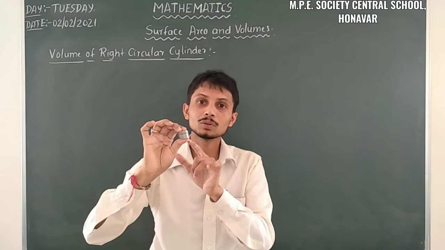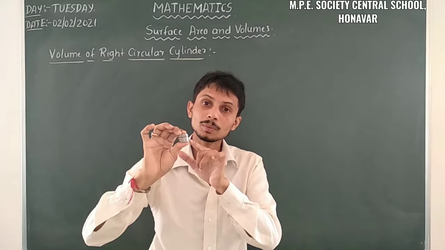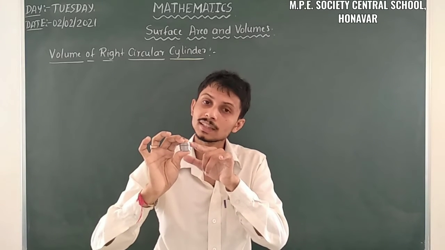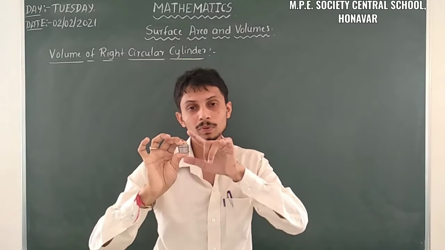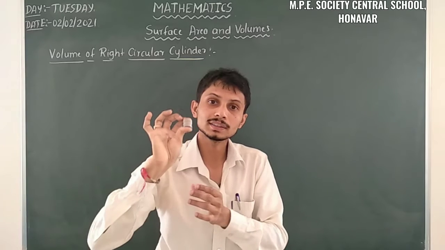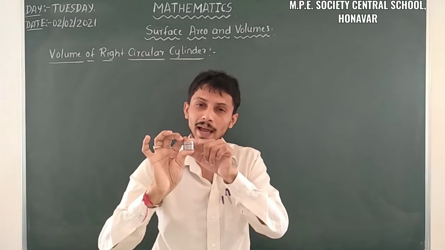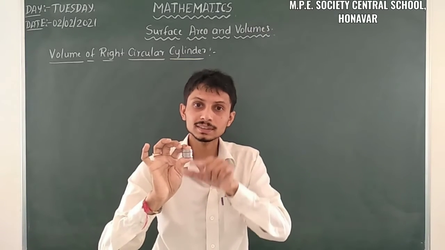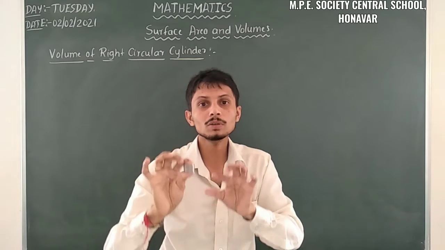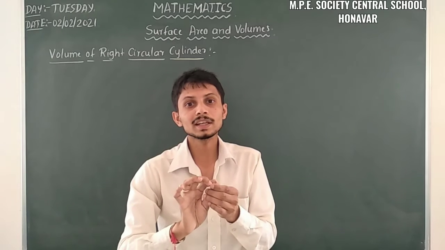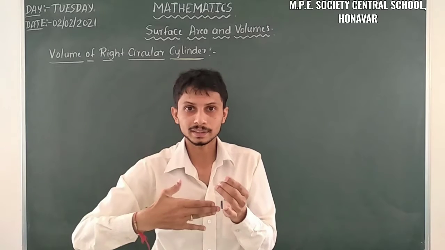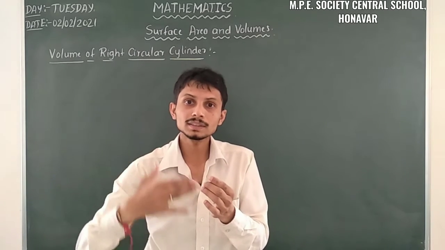We have to add the areas of all the circles. The number of coins we have here is nothing but the height of the cylinder, because of those coins we have a cylindrical shape here. So we have to consider the areas of each single circle, and when it is taken completely, it becomes the volume of the cylinder. That is, the area of each circle multiplied by the height, that is, the number of coins we have.